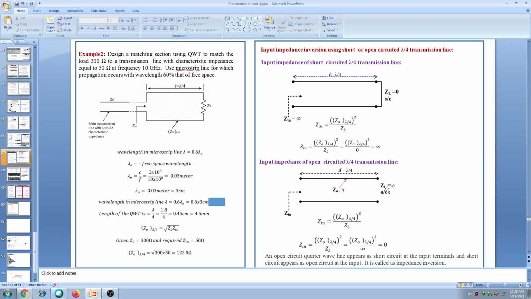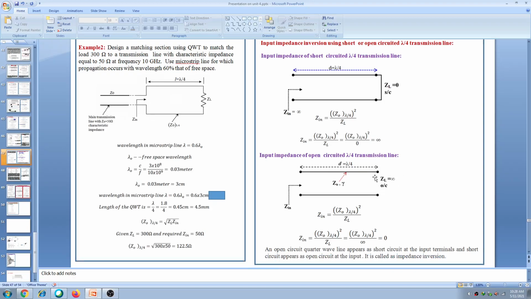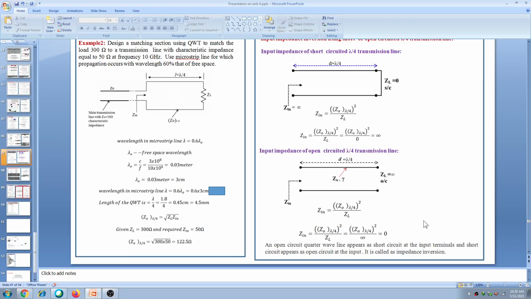Similarly, if you keep an open circuit here: if it is a low frequency, a simple open gives infinite impedance. But in the case of transmission lines, even if an open circuit is here, when you measure the impedance at a distance of lambda by 4, it shows 0 impedance; you will be getting Zin equal to 0. So open is there, but the ohmmeter is showing 0 impedance. You may get confused if you do this at a high frequency. It shows infinite impedance for a short. Here it looks like there is 0 impedance between these two terminals.